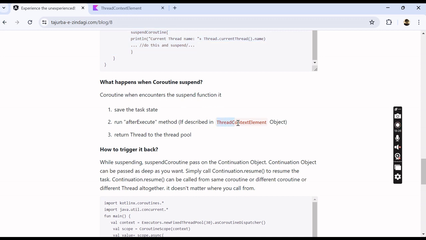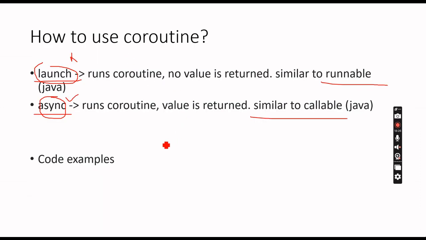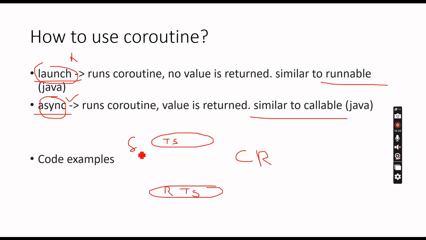Now we have seen there is something called a thread context element. Sometimes we have a coroutine which we want to run, but before running the coroutine, we want to set the thread state. And after the coroutine has been executed, we want to restore the thread state. So we want to set the thread state, and we want to restore the thread state